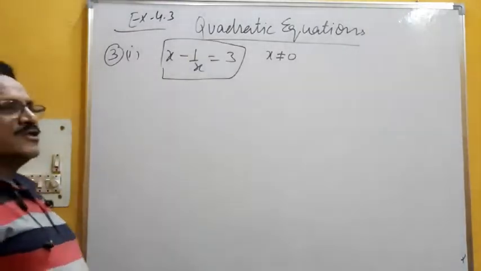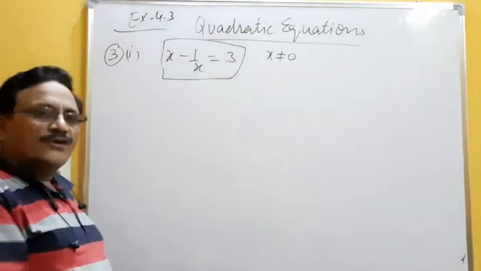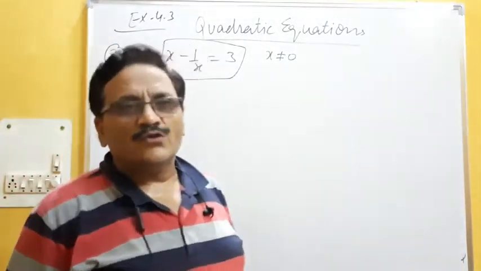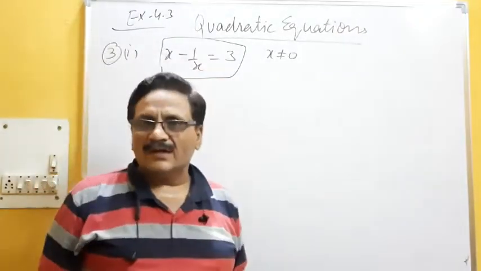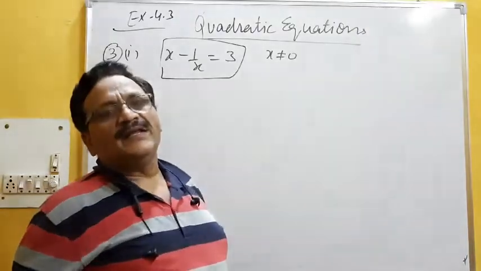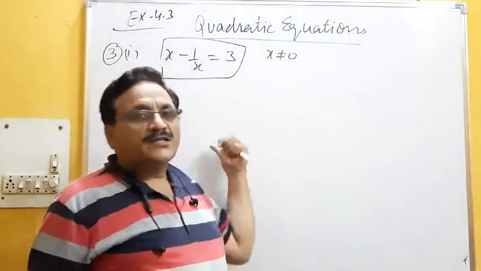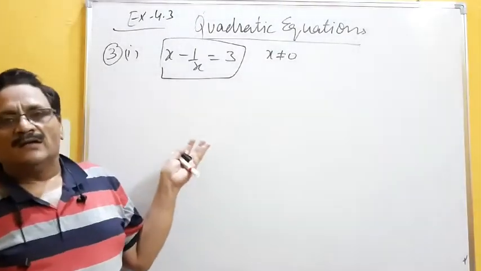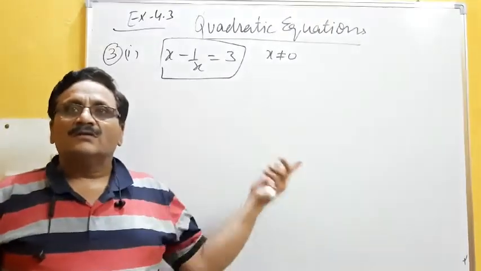Any equation given in the exam, you start solving. Don't waste your time. It is either a linear equation in one variable or a quadratic. It belongs to linear equation in one or two variables, it will convert into that. If it belongs to quadratic equation, it will convert into that. So don't waste time thinking whether it is linear or quadratic. Now I am saying this is a quadratic equation. Now you can resolve here. The x square term is not there, but I told you, first you solve, then you can get.